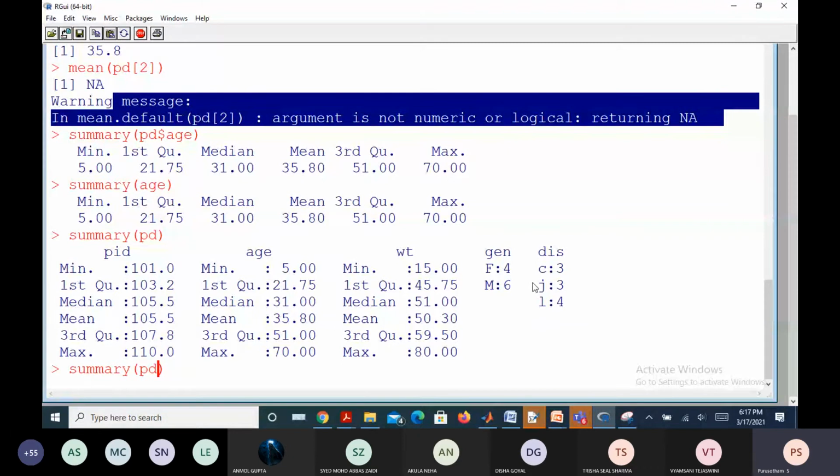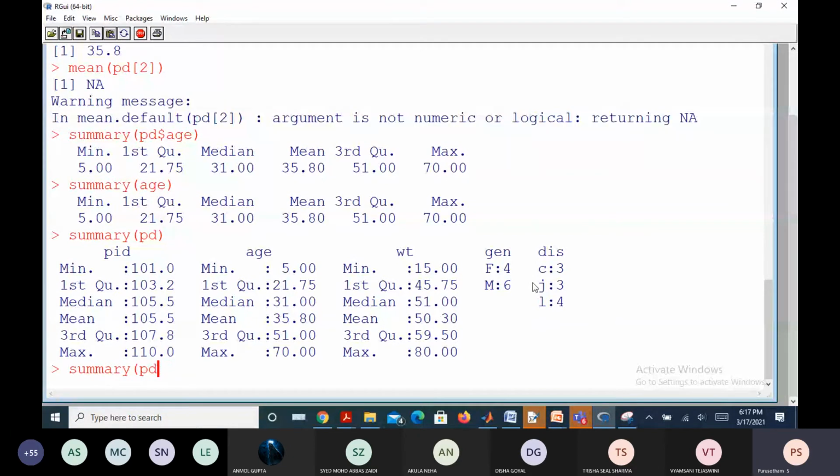Okay, so now what have you learned? How to make data into tabular form. Okay, how do you make a summary of a particular variable from the tabulated data, and how to make the summary of the entire tabular data, isn't it? Yes, sir. And so on, right?